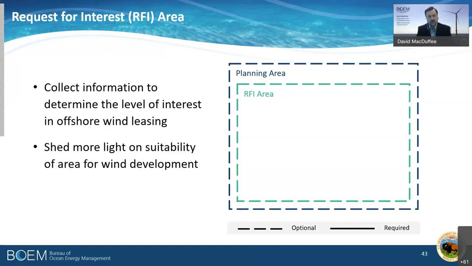And so we'll identify an area for the request for interest, which will be published in the Federal Register and essentially ask 2 questions. It'll ask industry, where do you think you have an interest in developing in this box? And also to any other stakeholder user of the OCS, is there information that we should be considering as we move through our process? Are there any issues, concerns that we should be taking into account? And so this is where we are in the Gulf of Mexico. The request for interest has been published. And if we click on one more,